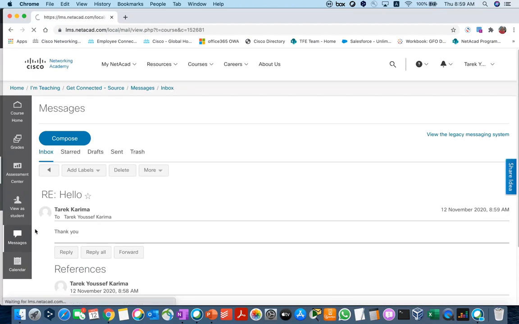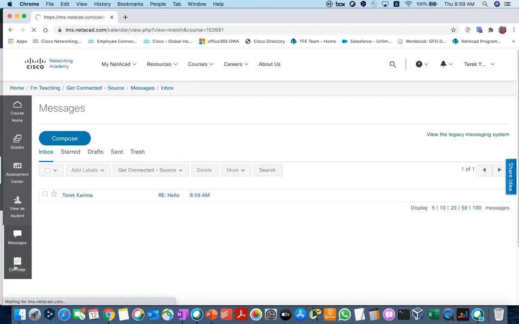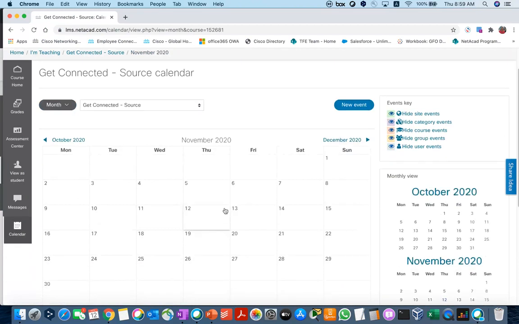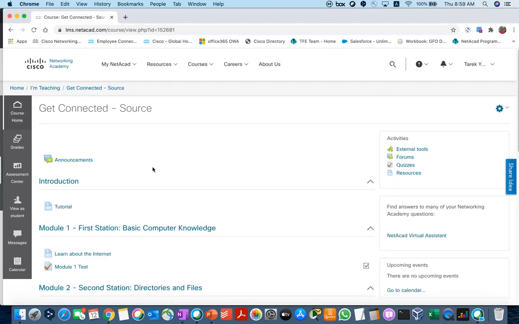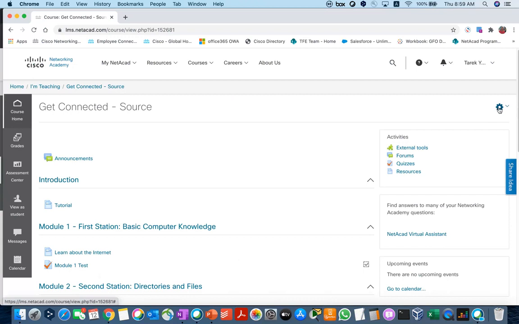Okay, we have also the Calendar tab where you could see the events. So in order you could mark your event, you could always use the Calendar tab. Okay, so now let me start by showing you how to modify or add content. So first, you can click here on the gear icon and click on Turn Editing On. So you could just click here,